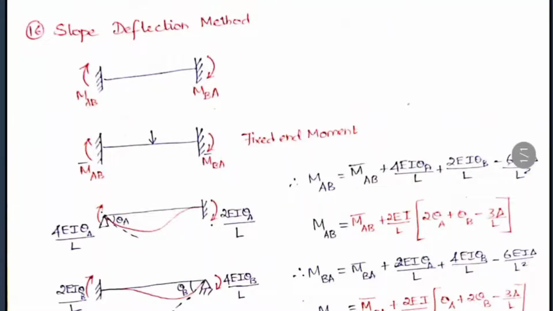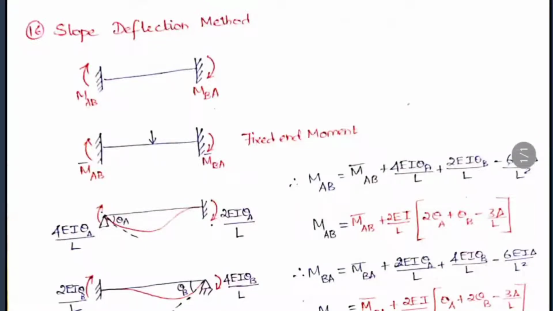Also, in the previous moment distribution method, we have seen some values regarding the sinking supports and the rotation supports, so we have already discussed that in that chapter. Once you revise that, you can come to this chapter and study, so it will be easy for you. Study the different values for the different types of fixed beams, and also the sinking supports and the rotations. This is enough for going into the slope deflection method.